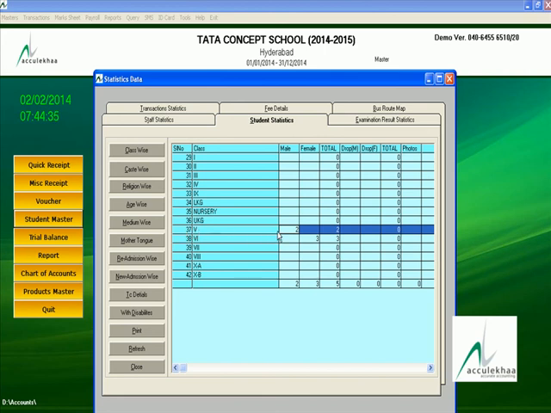Class 5th, 2 male children are there. Class 6th, 3 girl children are there.